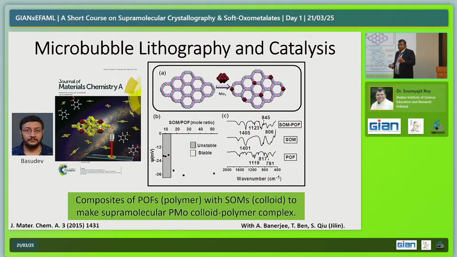You have seen this unit earlier, right? So we try to work with MO7 type units because this is the most simple polyoxometalate for us. We don't want complex polyoxometalates because then the interactions become difficult to understand. So then we were able to see that when we are loading these SOMs on the POFs, or porous organic frameworks,